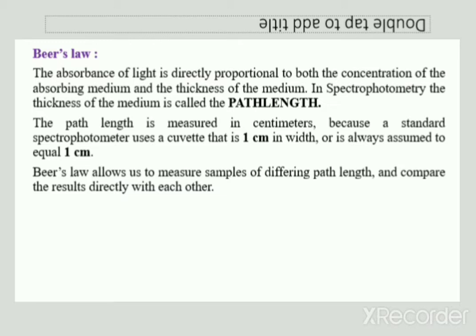Okay. So in case of Lambert's law, they are two different things which are independent of each other. But in case of Beer's law, the absorption of light is directly proportional to both things: the concentration, meaning how much the medium absorbs, and the thickness of the medium. So that means the absorption of light is dependent on the medium. Basically, in both cases, the medium is important.